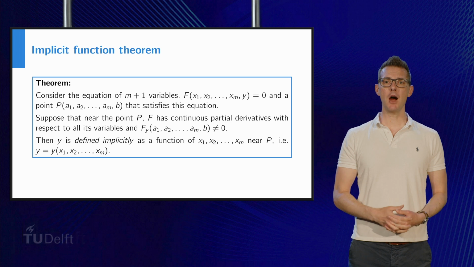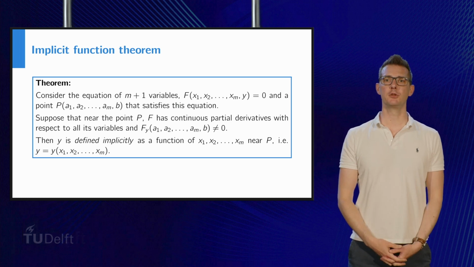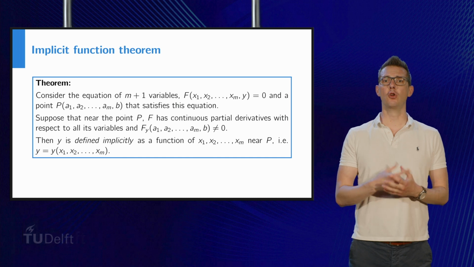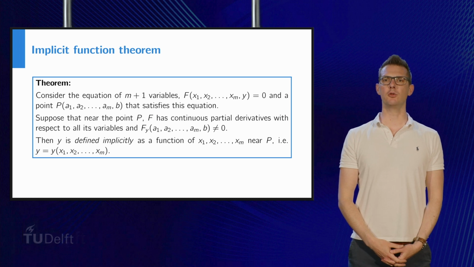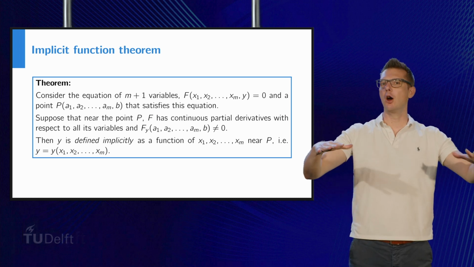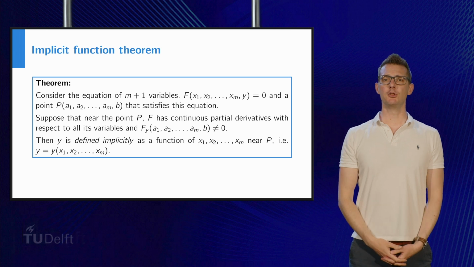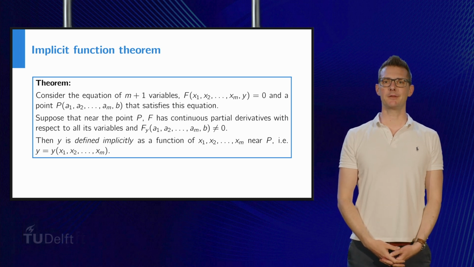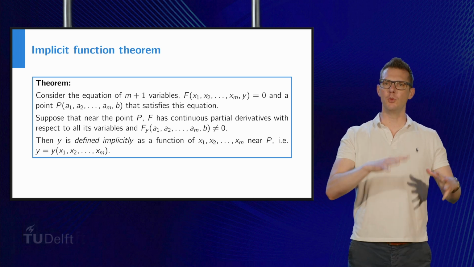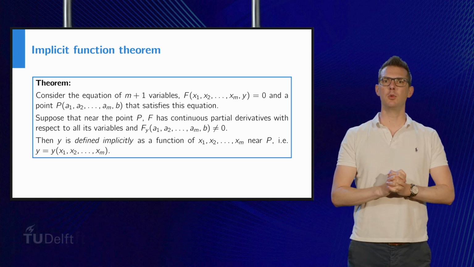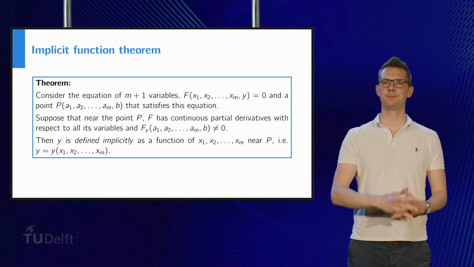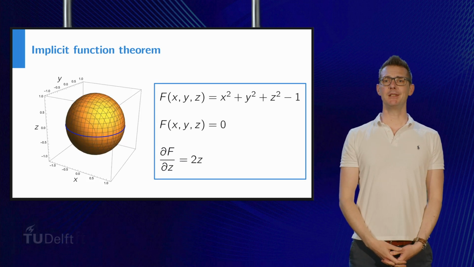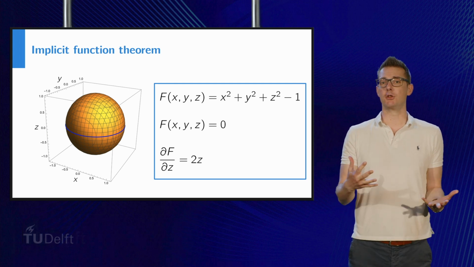The theorem that you see right now is a more general version of the previous result. And in this theorem, we do not look at curves in the plane, but at figures in R^n defined by an equation in n variables. Think, for example, of a surface in R^3. This particular result tells us that whenever we have a point that satisfies the given equation and in which the partial derivative with respect to a certain variable is not zero, then in the vicinity of that point, this variable can be defined as a function of the other variables. I must admit that this theorem looks a bit complicated, so let us look at an example.